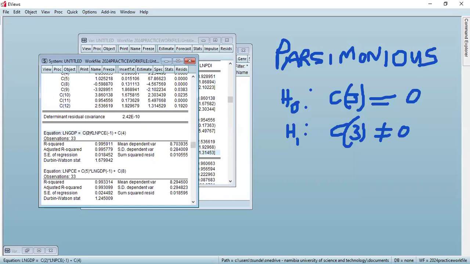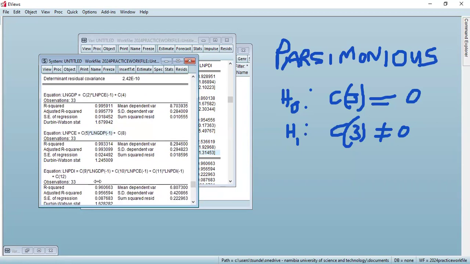This is the equation that we had after eliminating that model with the two lags. This is the first equation that we had. Then if you go to the next one, we have this one. There was another variable that was explaining this, but we tested GDP Granger causing PCE, which was significant, of course. Then for the last one, we had the two PCEs. Now we have one PCE. It's because of the difference in the specification that we've done, but we have GDP Granger causing PDI, and PCE